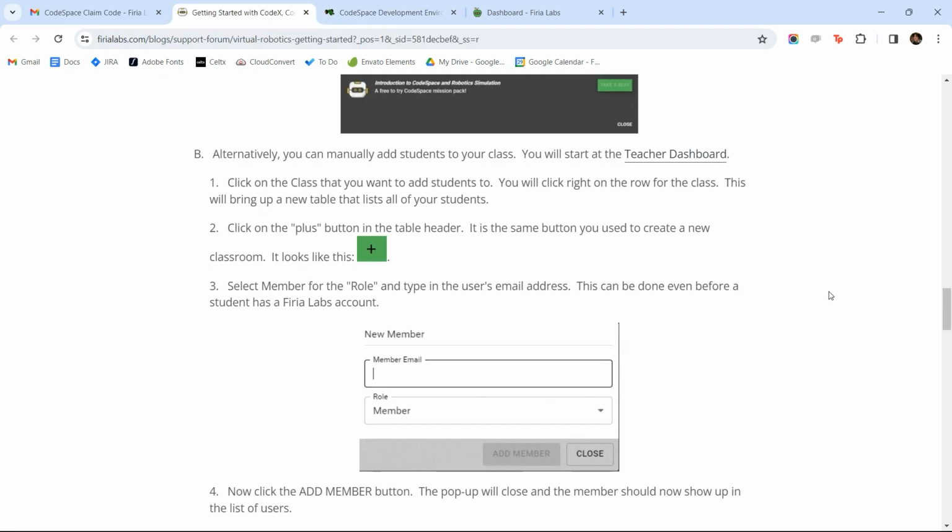Now, if you instead opted to manually add students to your class using email addresses, that's done in the teacher dashboard. Detailed instructions for how to add students manually are on the Getting Started page right here. With this option, once you complete these steps, the students will automatically see your new class in their available classes when they log into